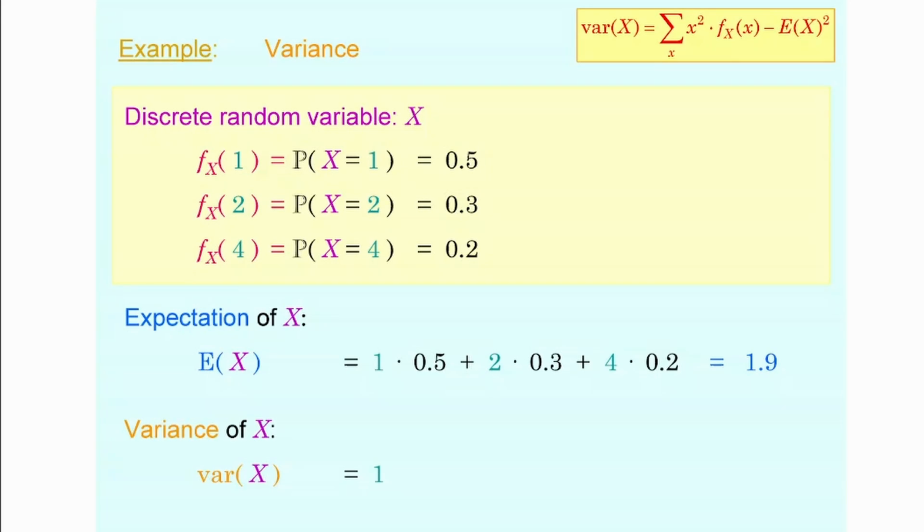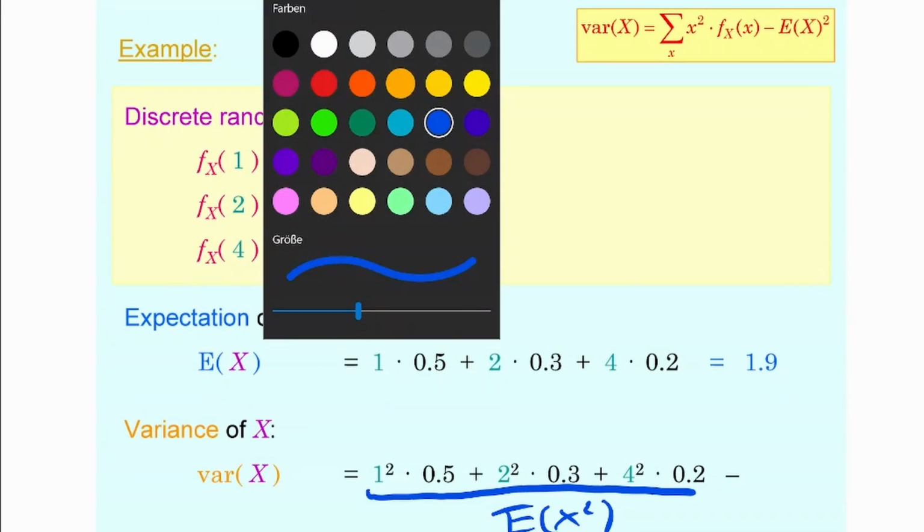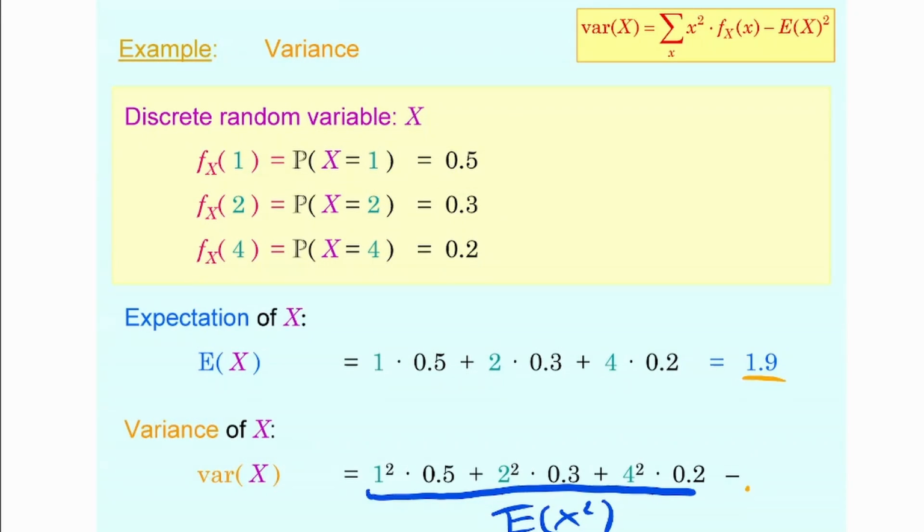the mean of the squares is the sum of the squared realizations, or the weighted sum of the squared realizations, each weighted by its corresponding probability. So this is the mean of the squares, as you see, okay? And then the mean of the squares minus the square of the mean. Now, the mean was 1.9, so the square of the mean would be 1.96 squared. Sorry, this is basically how this works. So you have that basically outside.